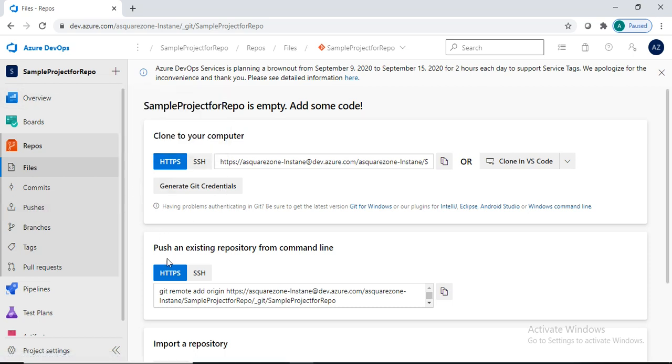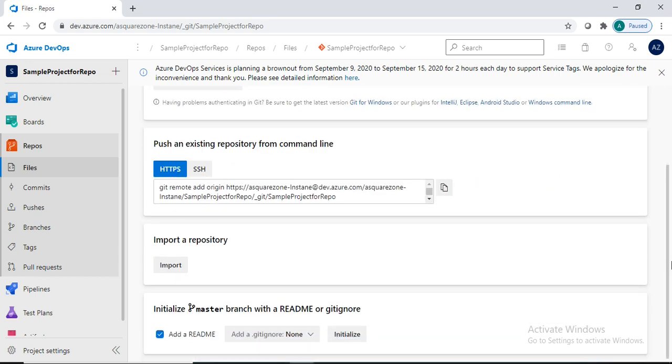Here we have a couple of options: clone to your computer, and push an existing repository from the command line. So if you already have any other repos in other places, you can get into here.